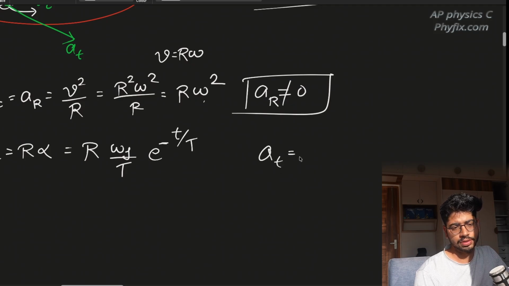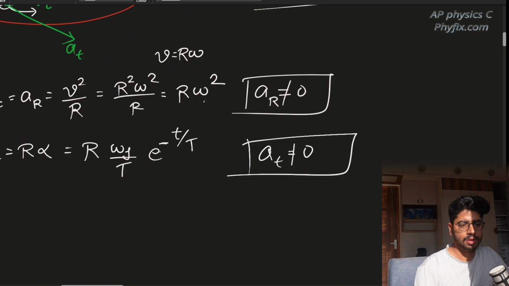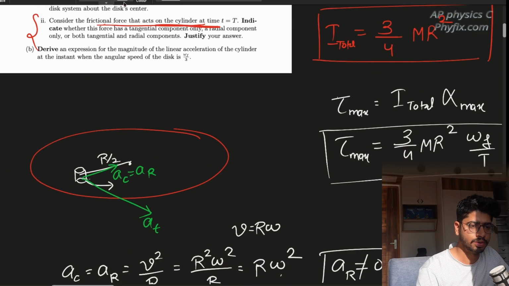So this is the tangential component that is also non-zero. So basically both components are non-zero. Both the components are there. Now we have to talk about the third part of the question,